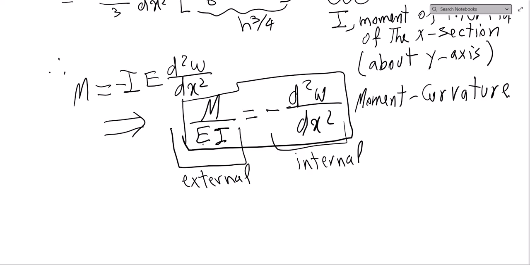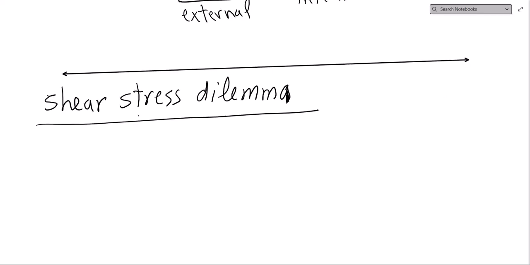If you increase the modulus of elasticity, a stronger, or I should say stiffer material, then the curvature decreases for a given M. And if you make it a bigger I or a bigger section, then that also decreases the curvature. So that is the moment-curvature relationship. Okay,